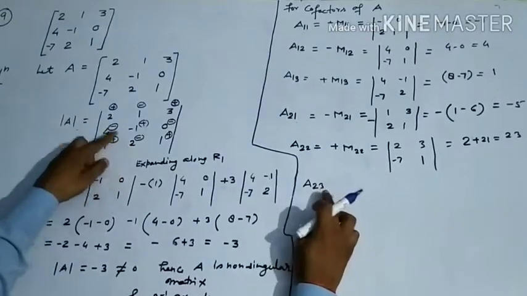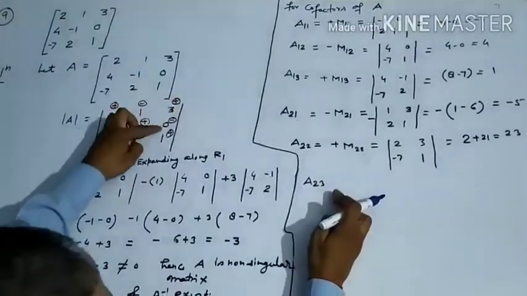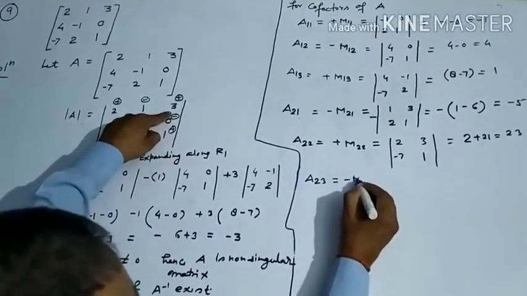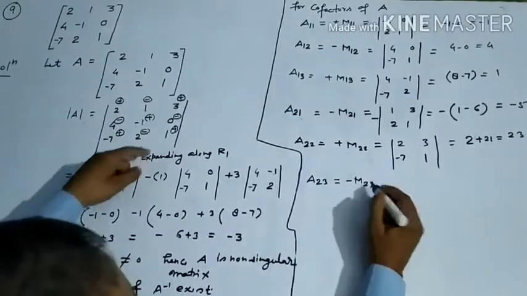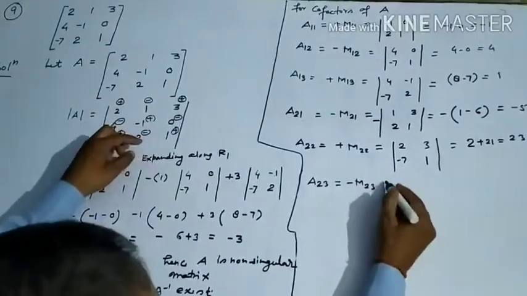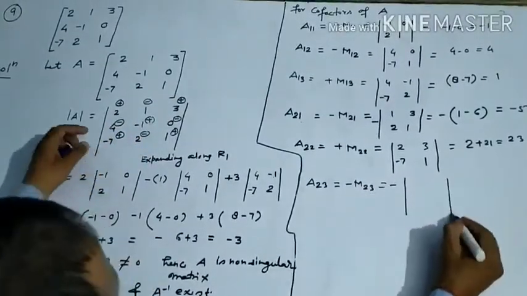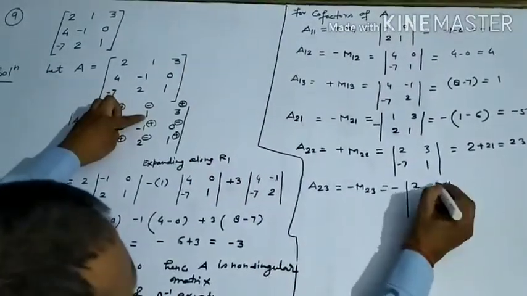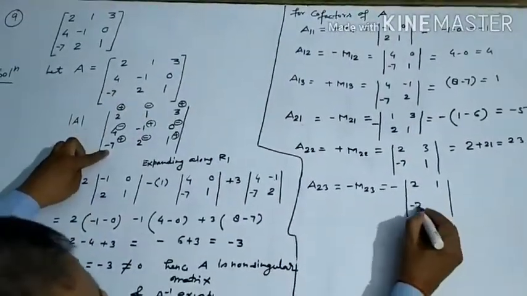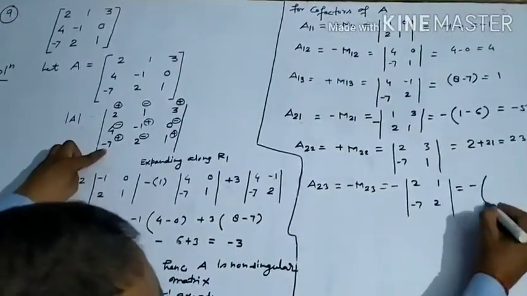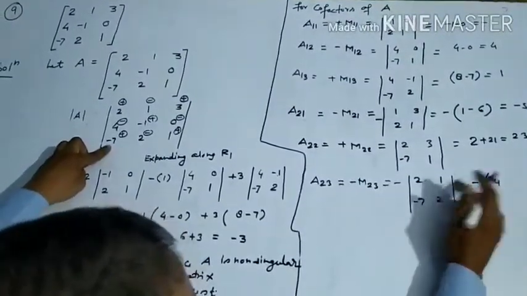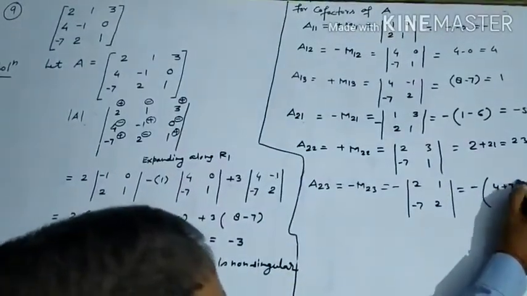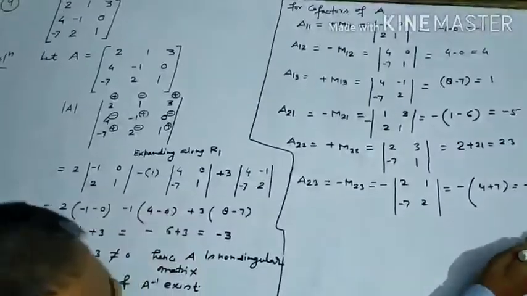After that, if you see, we want to find out the A23 means this is the cofactor of the element of the second row and third column, means this is the second row and this is the third column, means minus 0. So here if you see sign minus and then M23 means this is the minor of the second row and third column. So this is equal to minus, and then if you leave second row and third column, so what is the 2 1, and downside this is the minus 7, and then after this is the 2, so minus, and 2 into 2 is 4, 1 into minus 7 means minus 7, means that becomes plus 7. So here this is the minus 11.